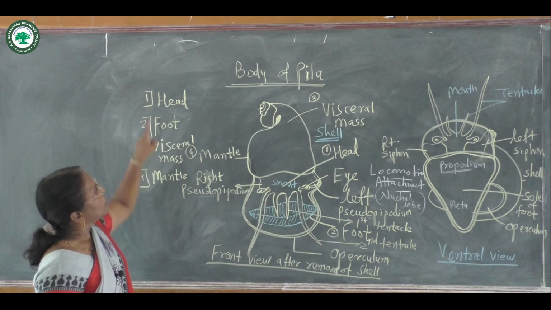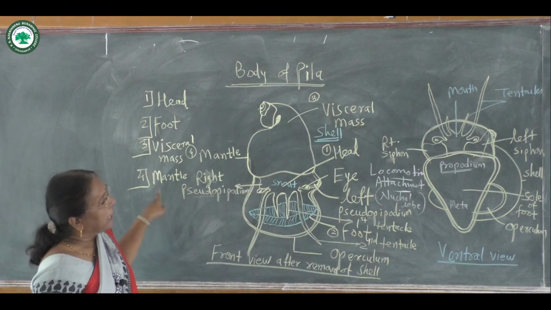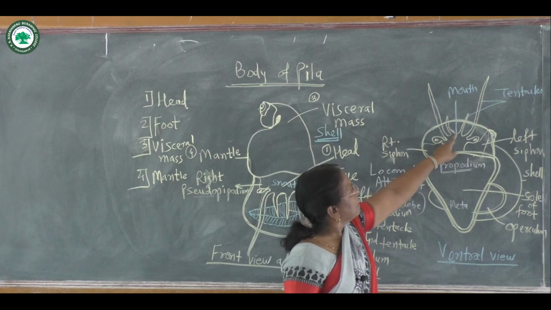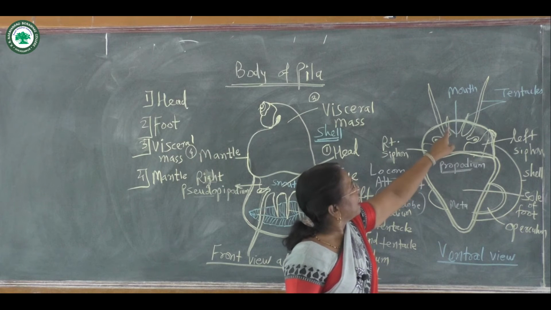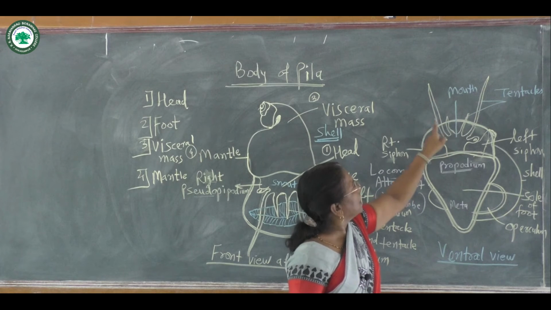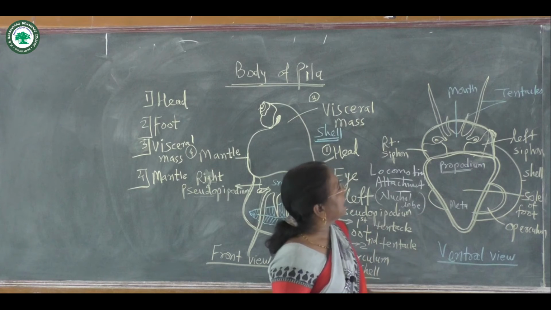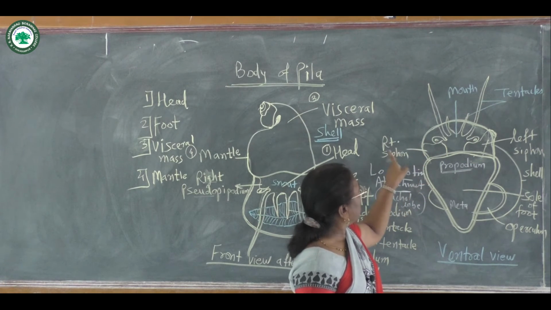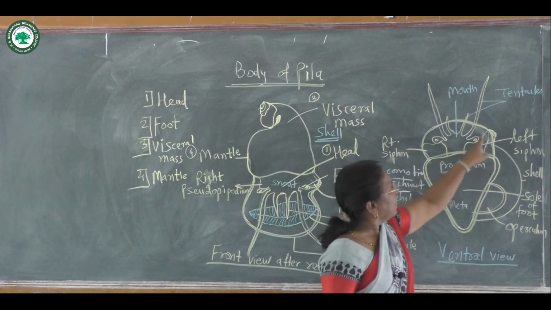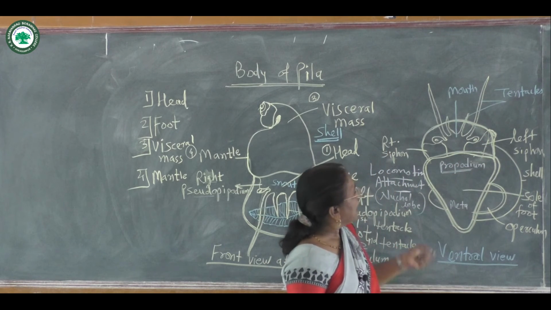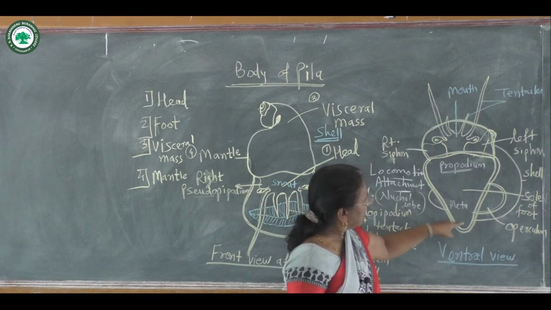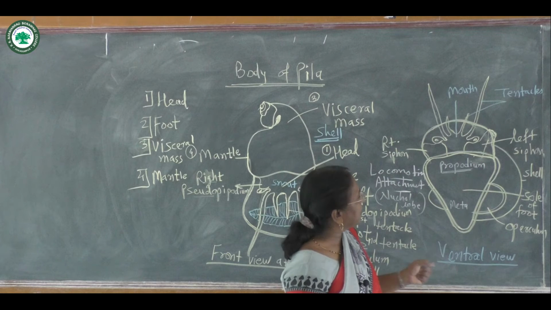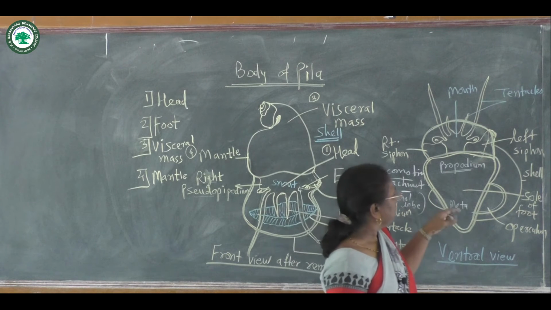This is the soft body part of the animal. You can see from this ventral view. This is the mouth guarded by a pair of tentacles, labial palps you can say. These are the second pair of tentacles, stalked eyes or ommatophore. Then the right siphon which is small, left siphon which is large, and this is the shell. This shell covers the body or it protects the body.